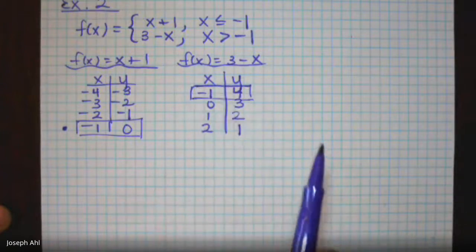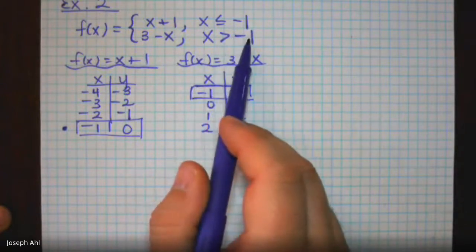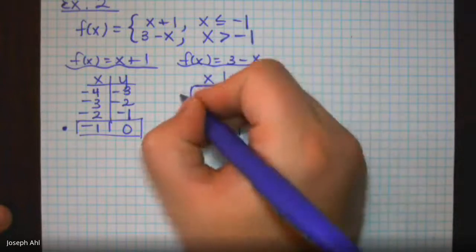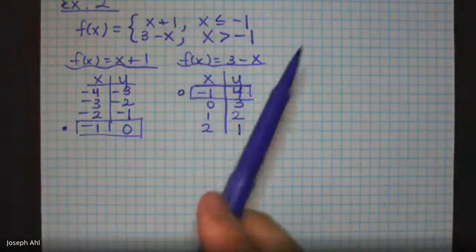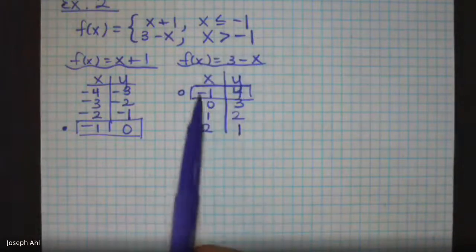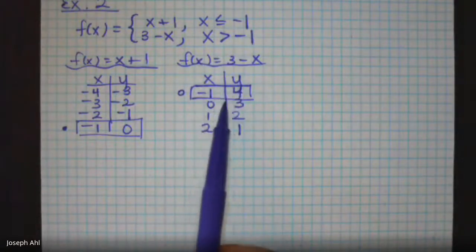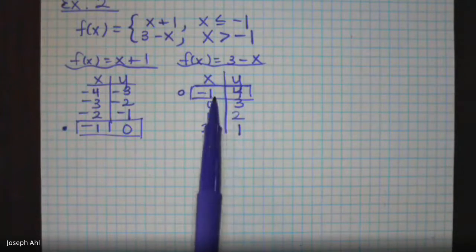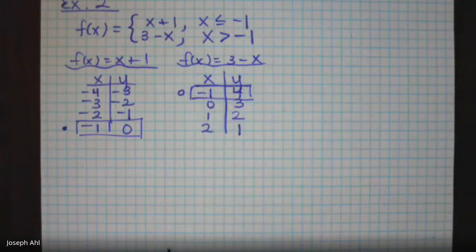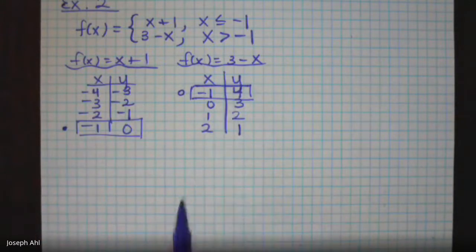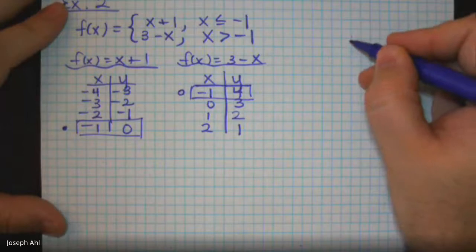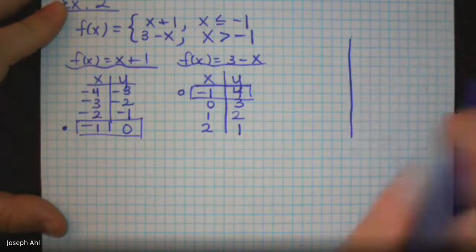And at that initial point, x equals -1, what do I have to make sure of? For the function 3 minus x, this has to be an open circle. Right? X can't be equal to -1 for this function, but I want to make sure I know what this line is approaching the closer we get to x equals -1. So based on my x and y values list that we've determined here, I would say we're pretty good if we draw our axes kind of straight up and down